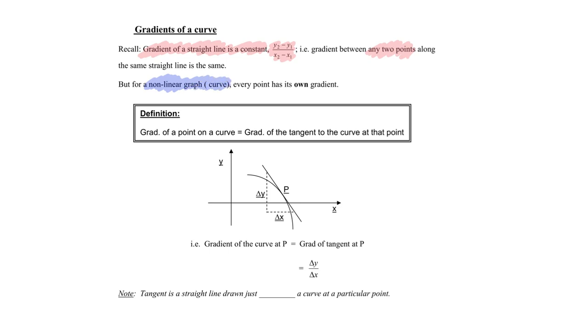And here comes the interesting point. Every point has its own gradient. Then how do we find the gradient at any point? That is the focus for today's exploration and some of the examples that follow up after this particular description and introduction. So for the gradient of a point on a curve, we do need to